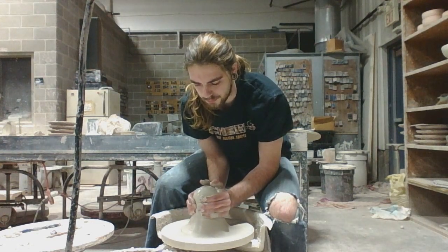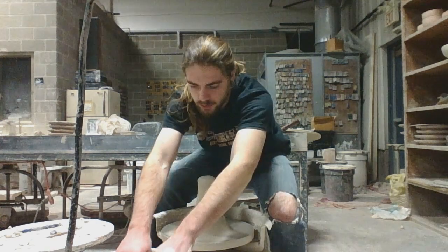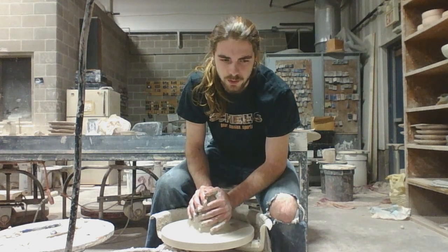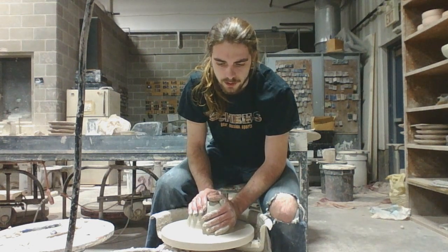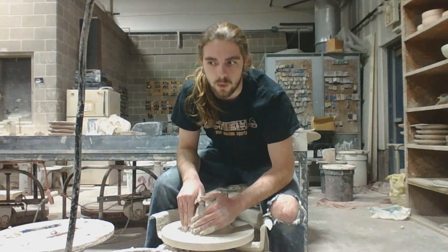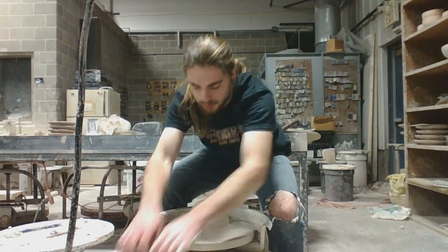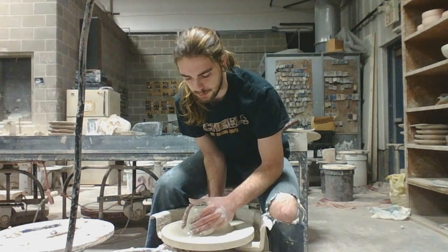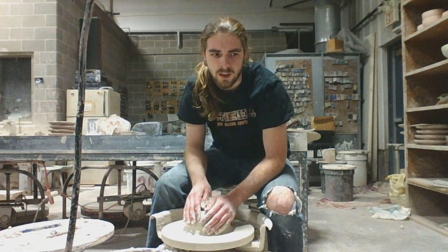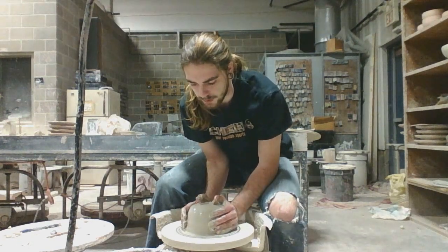And so, I don't know. I really like how that sort of influenced what I guess would be the reflection in how I see what I put of myself into the pots. I think whenever I was making pots that were more mathematical, like the one I just showed you, it's sort of a reflection of how I was feeling